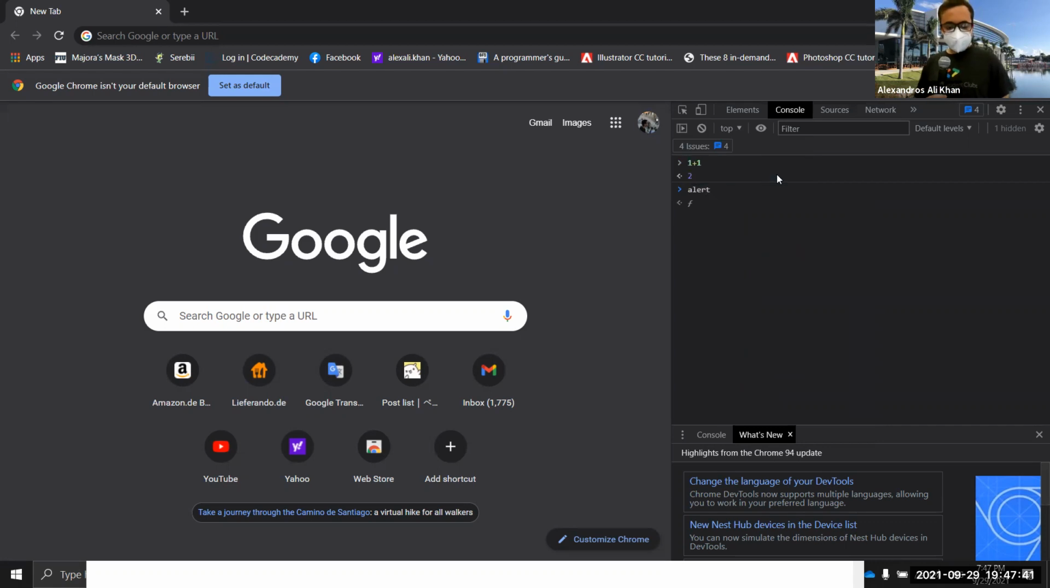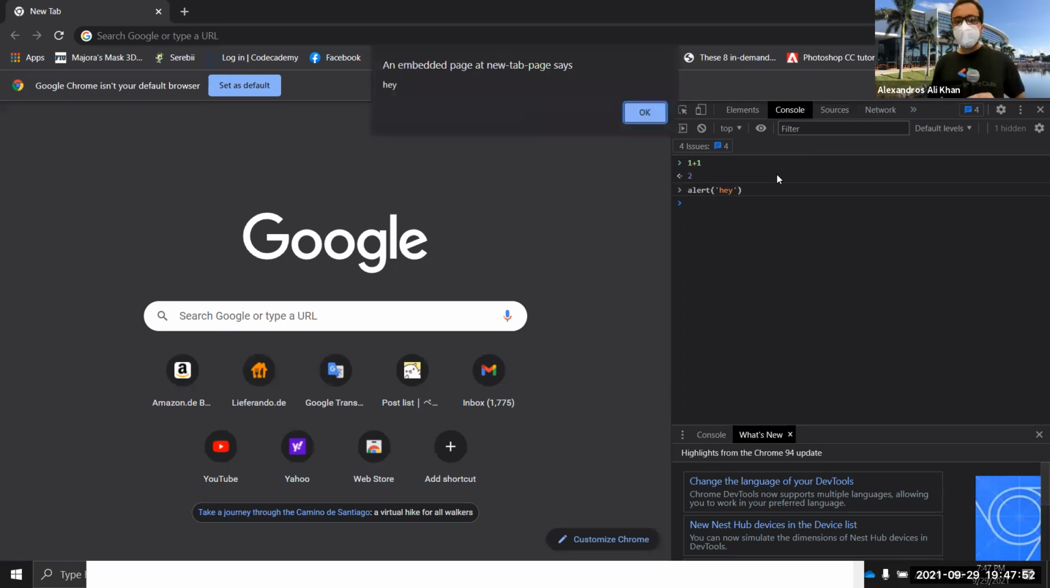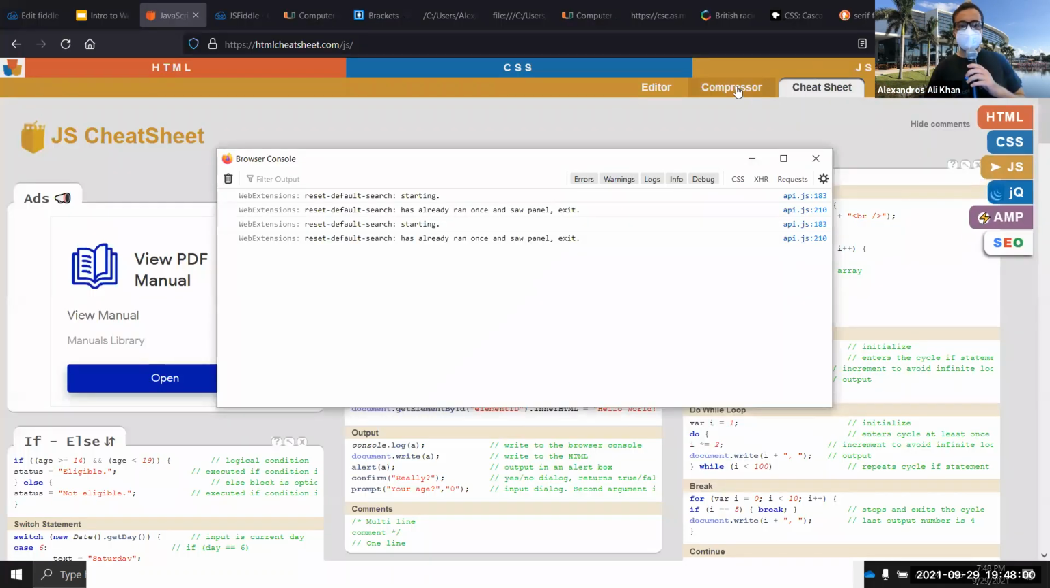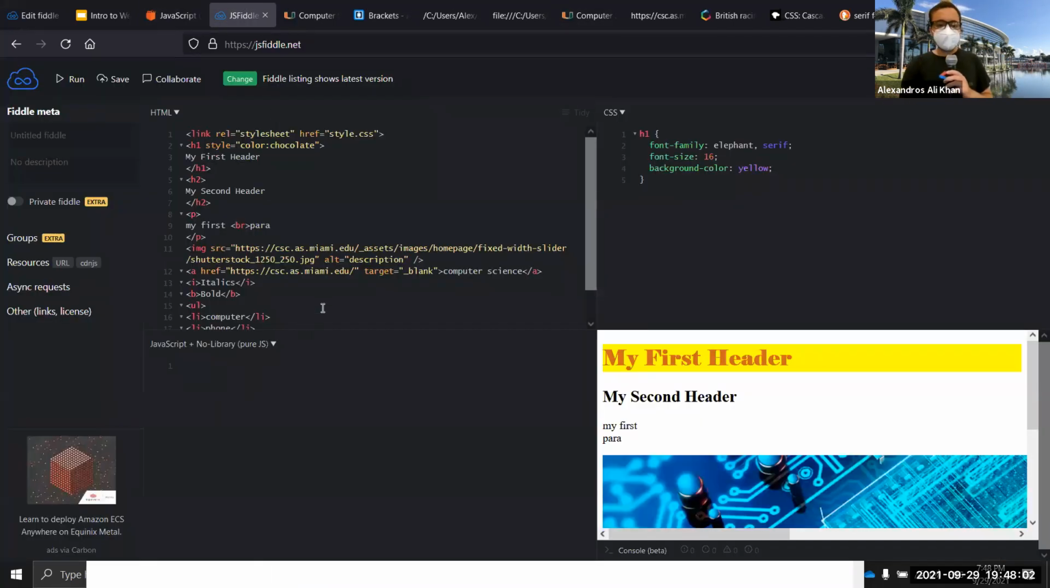There's also this alert method. If you're interested, you can type in some text. An embedded page, a new tab page says, hey. So this is what alert does. And we can incorporate this into our website. Going back to JS Fiddle,